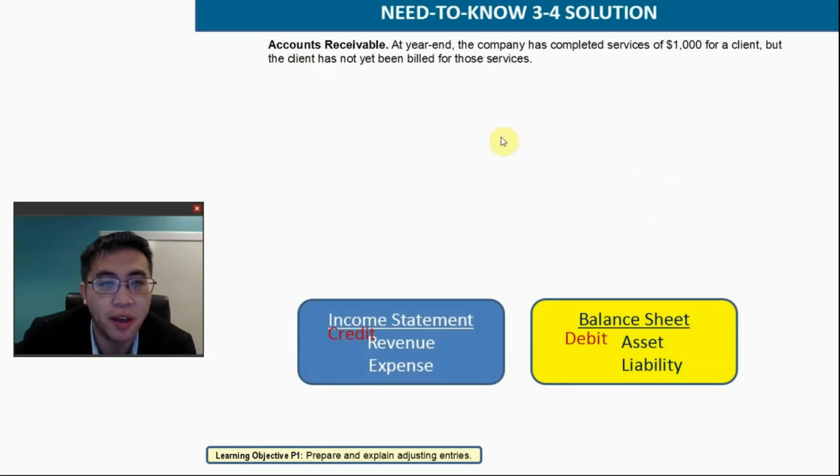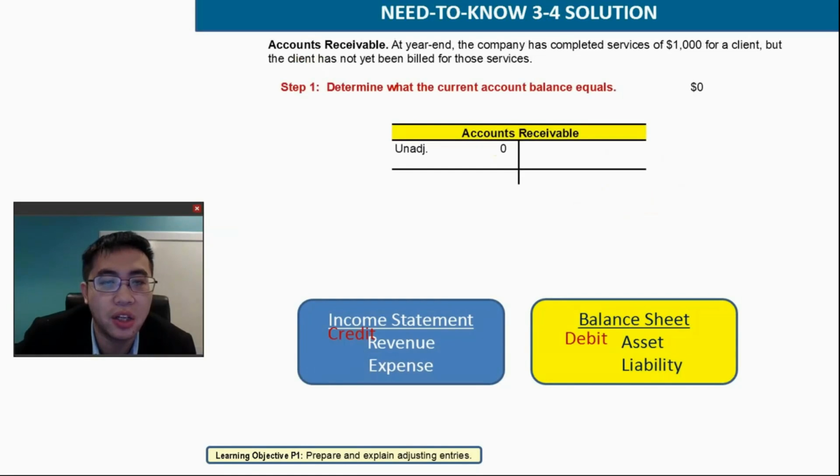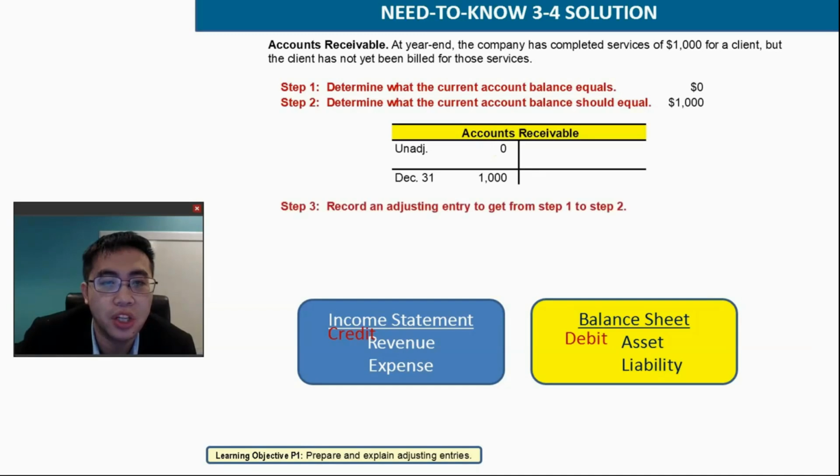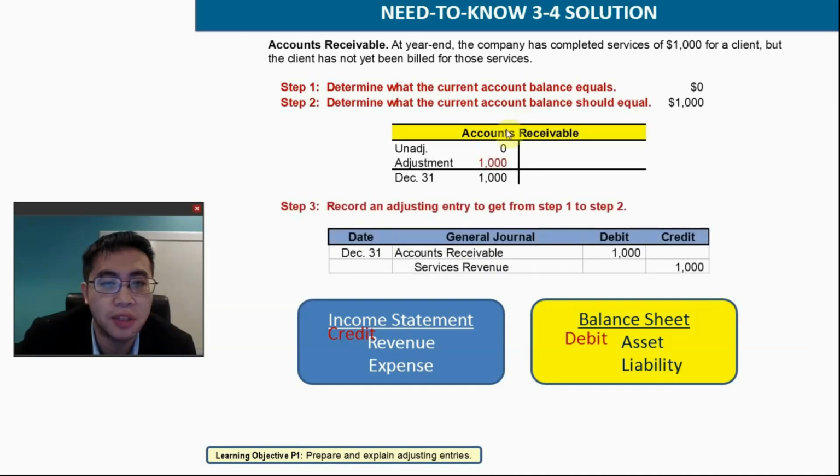So what you see here is that for account receivable, first you need to determine what the balance equals. And now there's no balance for account receivable, but at the year end, you just earned $1,000, and that is a $1,000 account receivable, which is the bills to be collected in the future for the service you've done today. So the adjustment is 1,000 on the debit side, and because account receivable is the assets, when it increases, that's